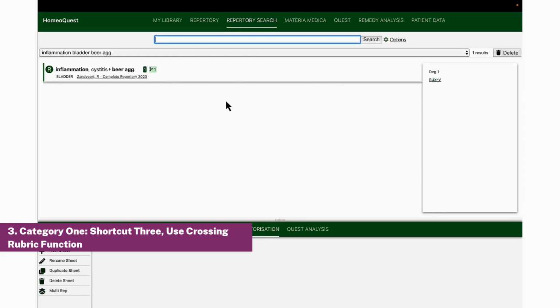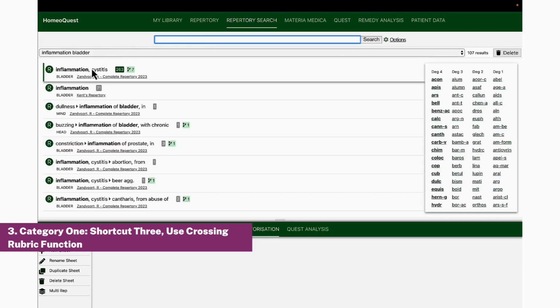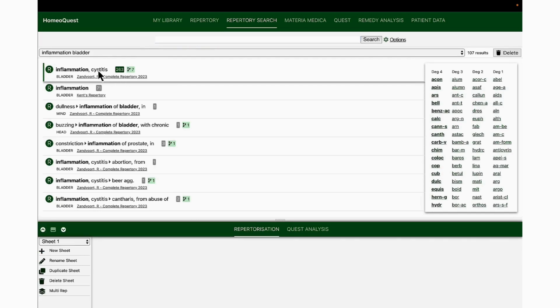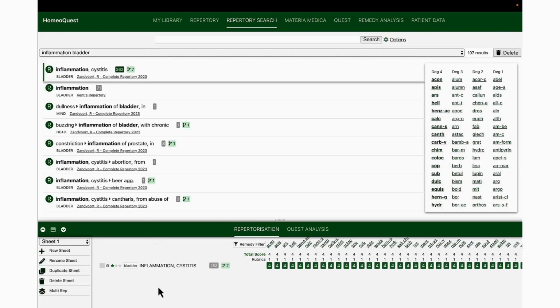So what we do is we break it into inflammation of bladder and we break it into beer aggravates. This is the way Bonninghausen's analysis works, right? So we use inflammation bladder. And if you check, it's a huge rubric, 263 remedies. So you use that. I've repertorized it here. And then you do